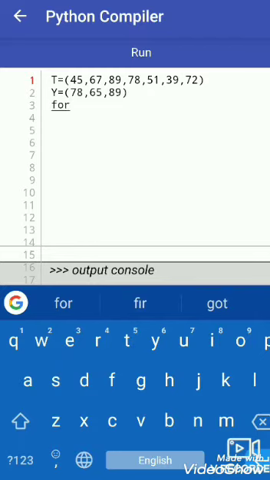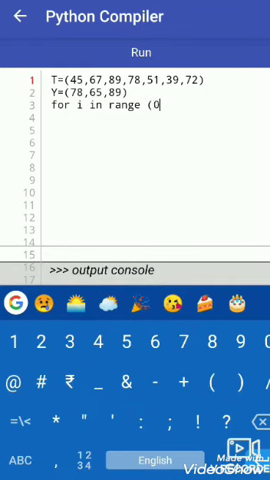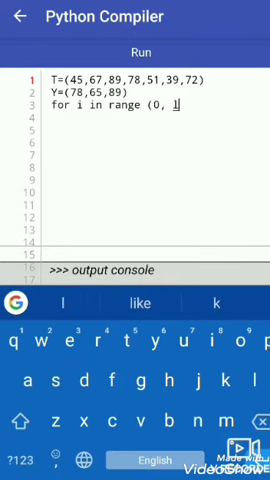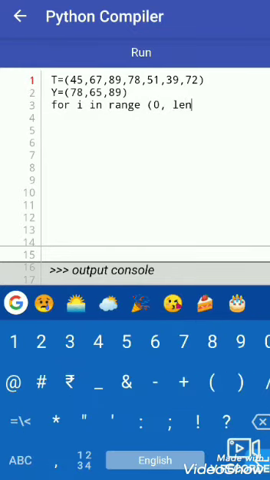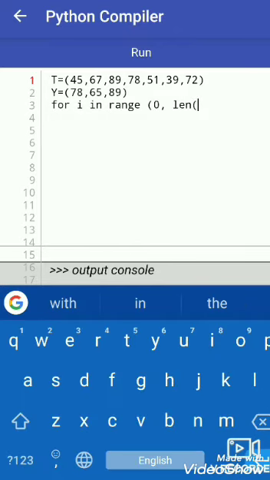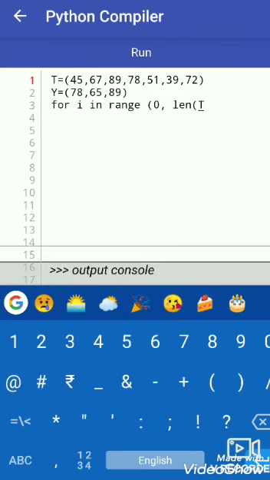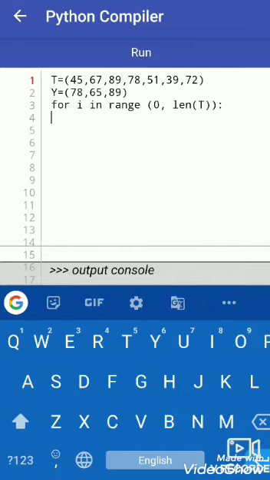For i in range, and the parameters are starting from 0 to the len function which we use for the t variable, and then close it, then colon, and then we print here